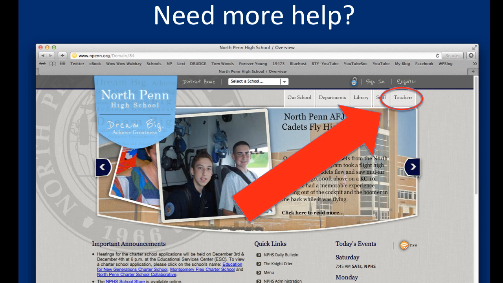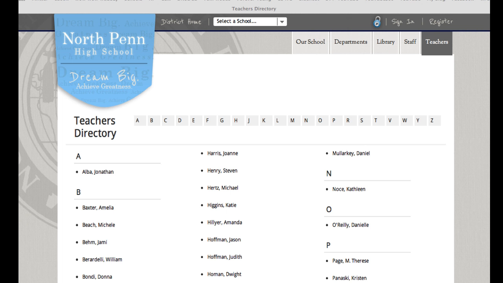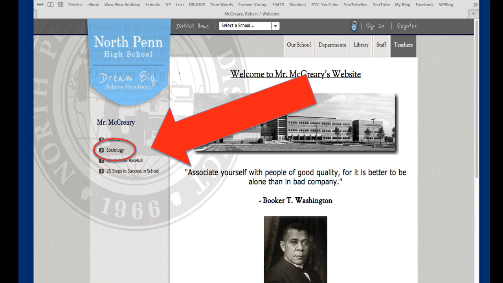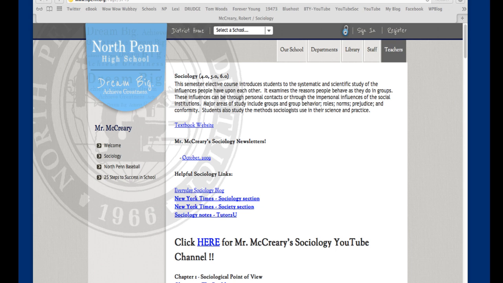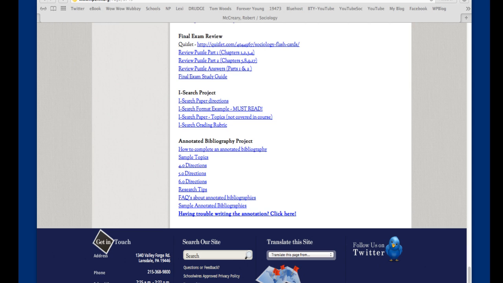This time, click on the teacher link up at the top right-hand corner. That would bring them to a list of teacher pages. They're going to scroll down to where my name is and click on it. And when they do, they'll get to my website. And they're then going to click on the left-hand side where it says Sociology, and that page is going to come up. They're going to scroll down to the very bottom of that page until they get to the heading